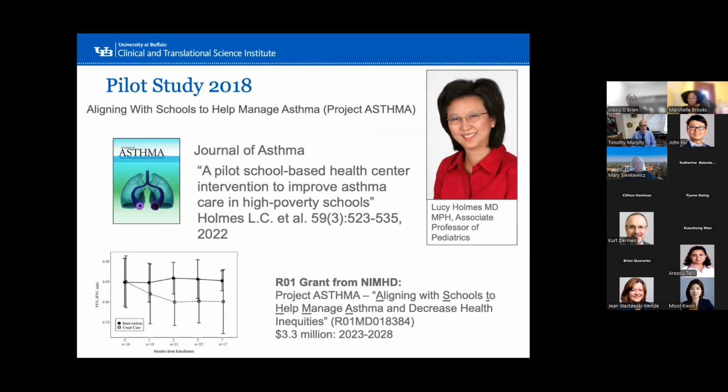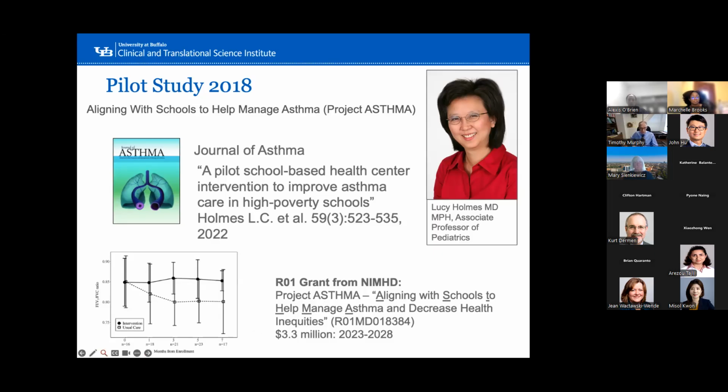So she, as part of this, started partnering with school-based health centers. 10 Buffalo public schools have school-based health centers. So this is not just a school nurse, it's a nurse practitioner or a physician assistant, and they actually administer medications and help take care of kids who need it in the schools. And so she found, wow, this might be a good way to do this. So she applied for a pilot study. She partnered with 3 of them and did a study and